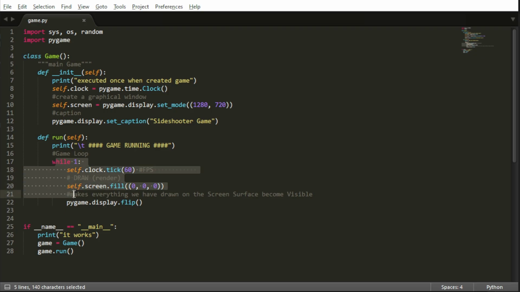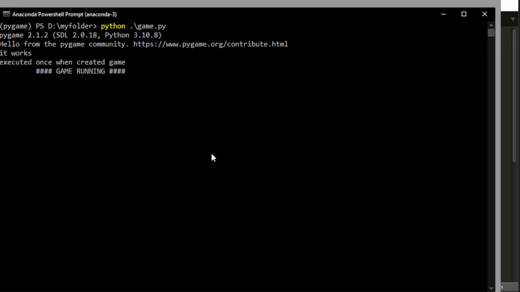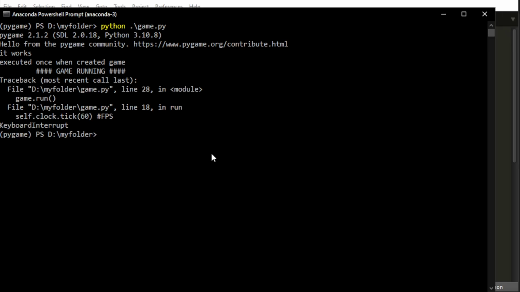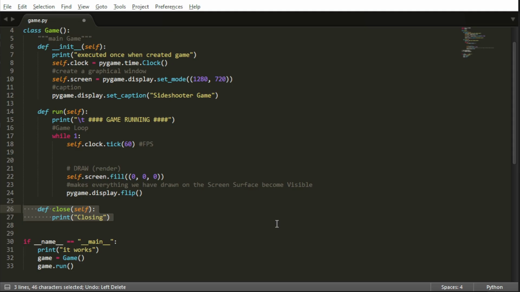This is not the best game experience I signed for, you will say, but it's normal. We started a loop and we didn't put any condition to quit it. So we can open the terminal where the game is running, press Ctrl C and we'll kill the game. So we will create a new method and we will write it close that will close the game when we